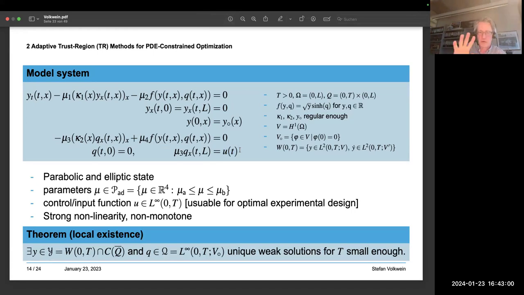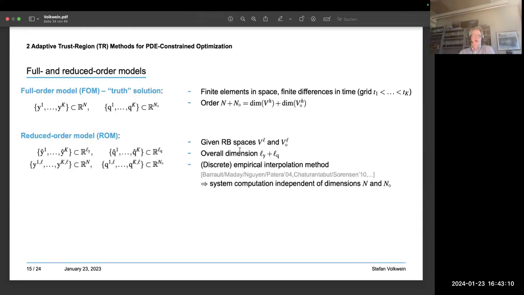So you can do some theory on this on small time interval, because we have no restrictions on the initial data. Then we can guarantee that this coupled system has a solution. I go further. So what we have is the finite element model, the full model, and we have the reduced order model. In our case, it's a reduced basis model, what we use for the reduced order scheme. So we have time instances, so 1 to k. So there is something for the y variable, for the concentration, let's say. The q variable is for the